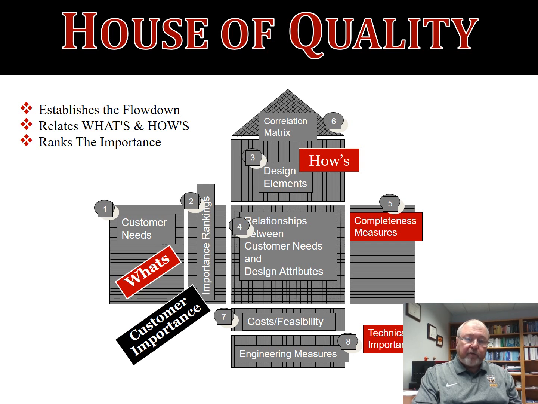So you will have, ordinarily speaking, your importance ratings spread out from 1 to 5, no matter how many customer needs you have. This is an important room right here: relationships between customer needs and design attributes, the whats and the hows. Normally we would have in each cell here, for the relationship between a given customer need and a corresponding design attribute, we